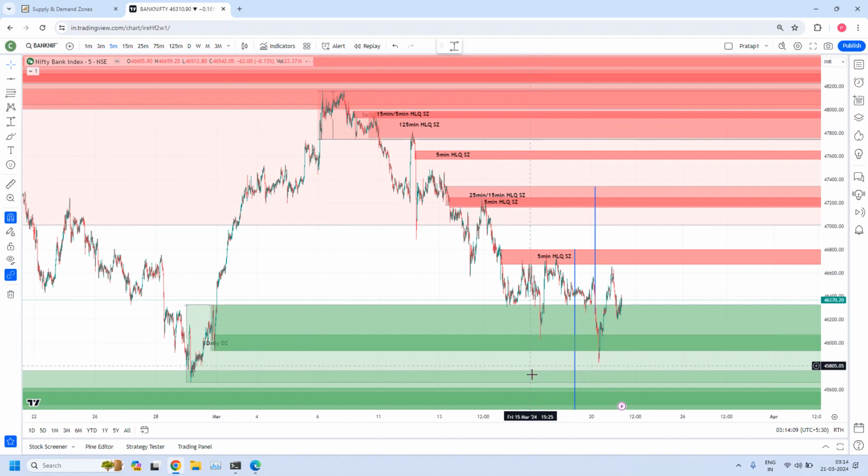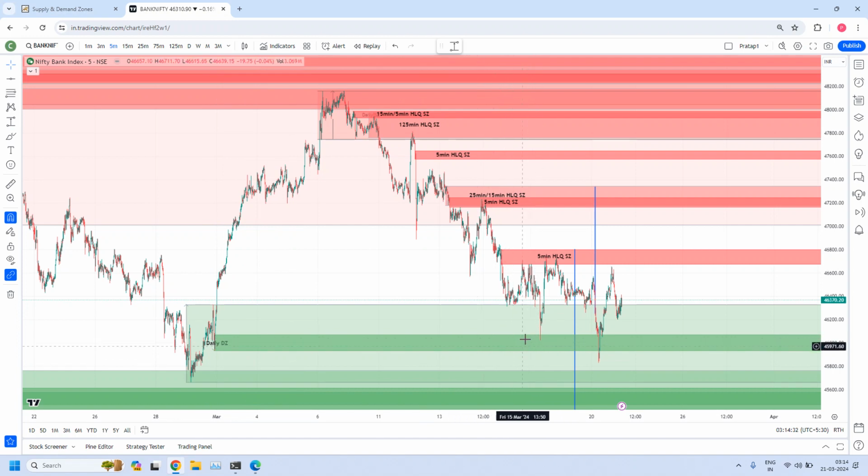You may ask a question: where is that 5 minute zone? That is the exercise I gave you yesterday. You are supposed to do it. Now I will show you. Otherwise, where is the learning? Because below we need to identify. Until I draw the one below, I will keep this. After that, I will delete this previous fine-tuned zone. First, let me keep the previous fine-tuned zone for the time being.